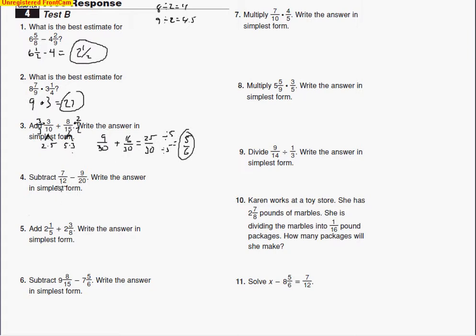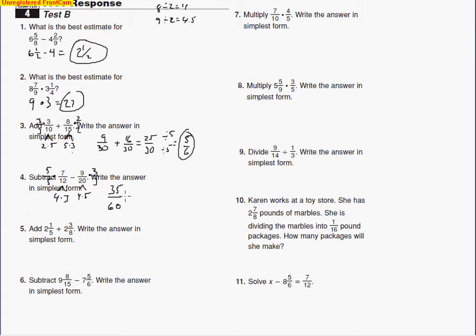Same sort of thing on this one. I'm going to break this down to common factors. 4 and 3 make 12, where 4 and 5 make 20. Now I could break the 4 down further, but I see it's already common between the two. 5 and 3 have no common factors, so that tells me that the 20 needs an extra 3. So that's what the 12 has that the 20 doesn't. But the 12 doesn't have that extra 5, so we'll multiply it by 5 over 5. So I multiply across, I get